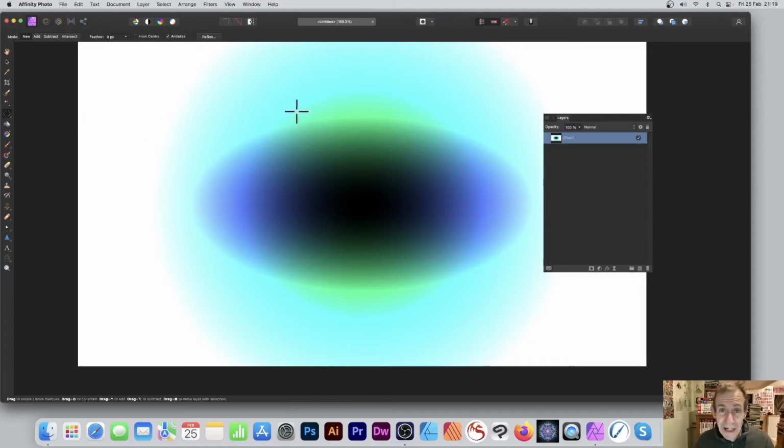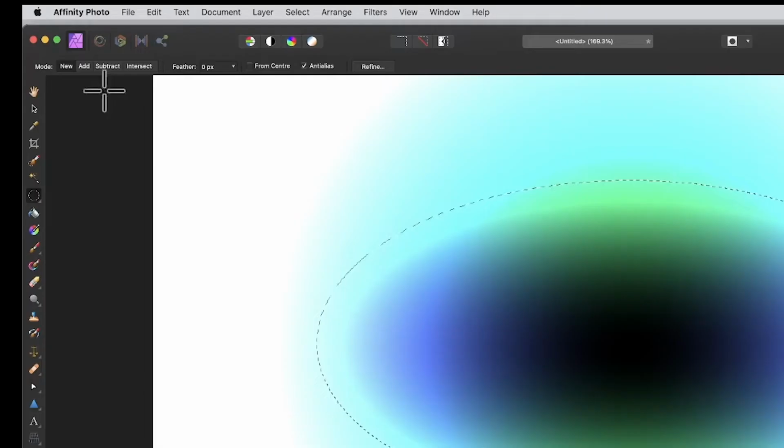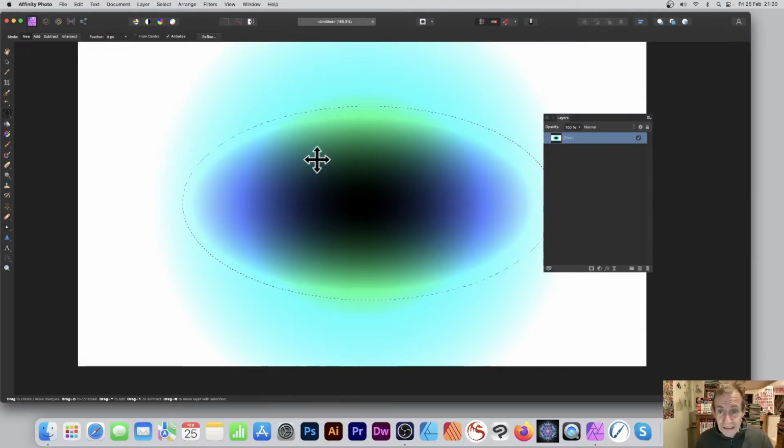Obviously you could use a rectangle, perfectly reasonable as well, but since it's elliptical, I'm going to use that and just create that nice selection over there. Now I'm using mode New. You don't have to, you could use Add as well, but the thing with mode New is you can move this